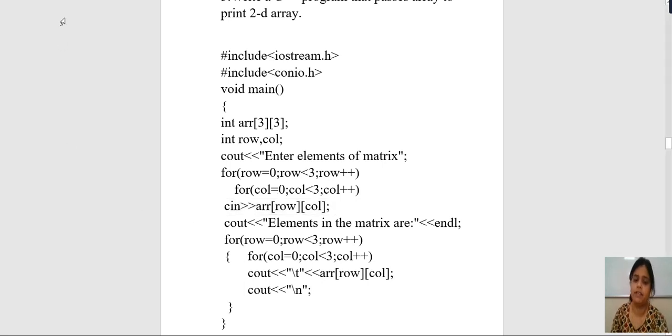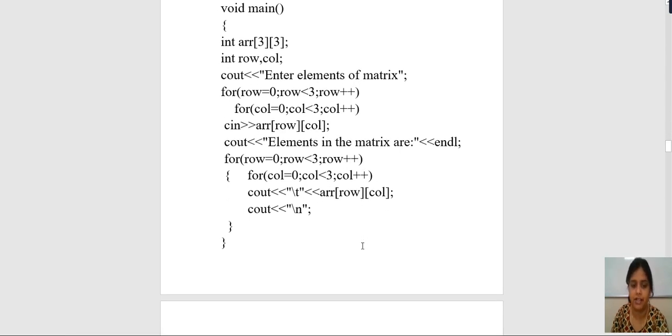Next, whatever elements you have entered, now how will those elements be displayed in matrix form? You have entered the elements by the input statement, and they have taken the array of your rows and columns.